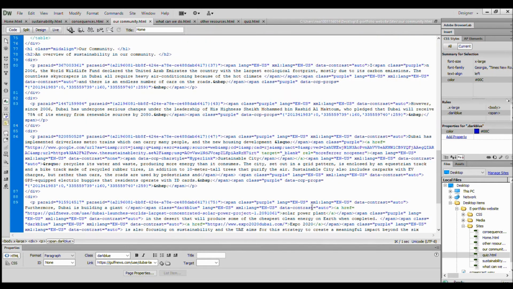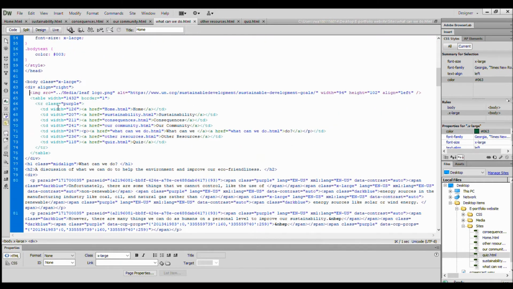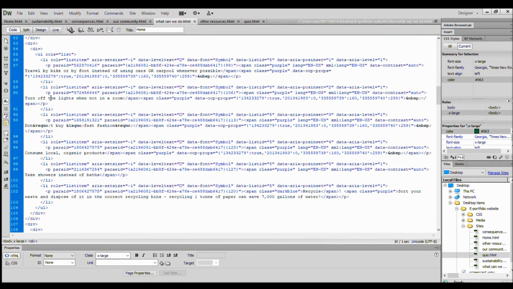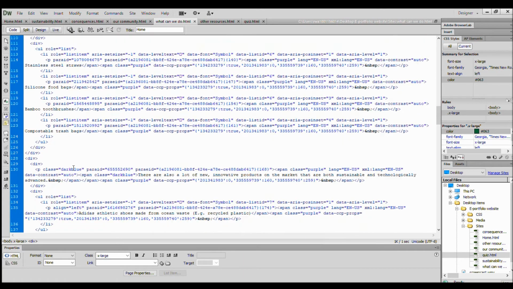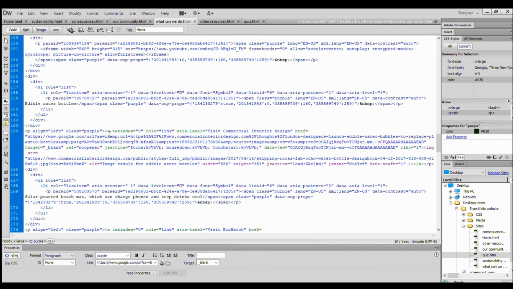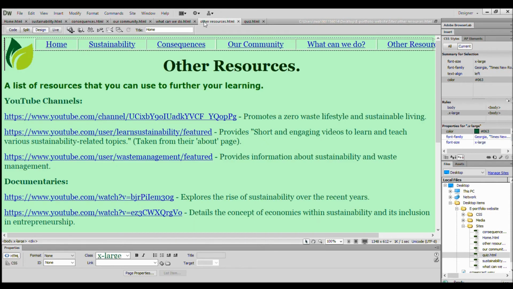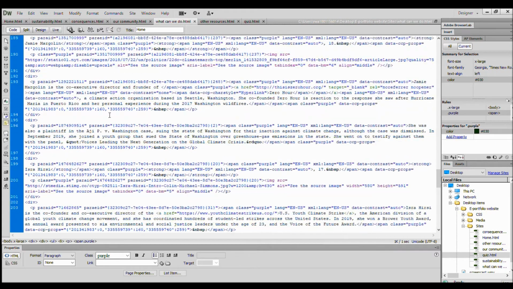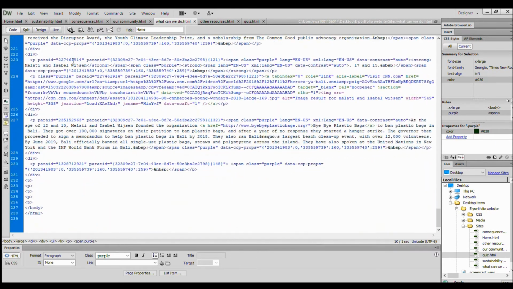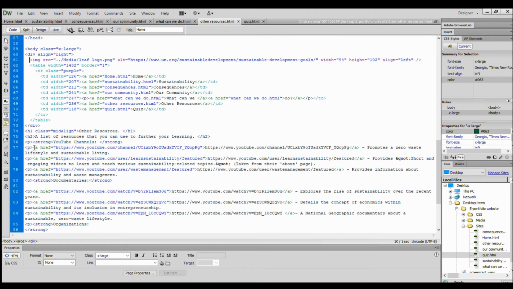For what can we do? This is the code for the list here, and then the images which are beside the text in the bullet pointed list. This section of code is the longest because it's also the longest web page, and it includes a lot more images than the others. Other resources is mainly made up of hyperlinks,